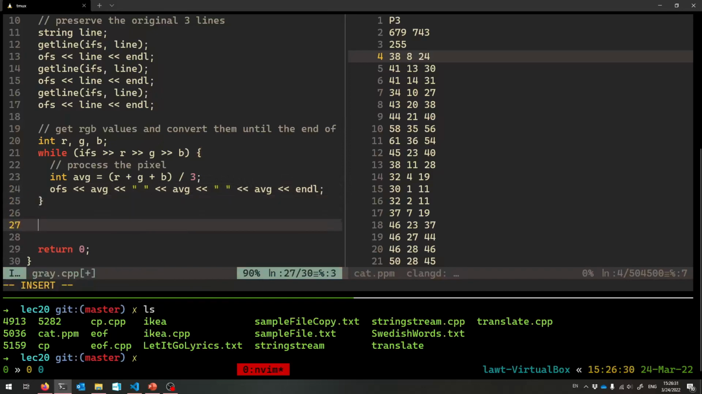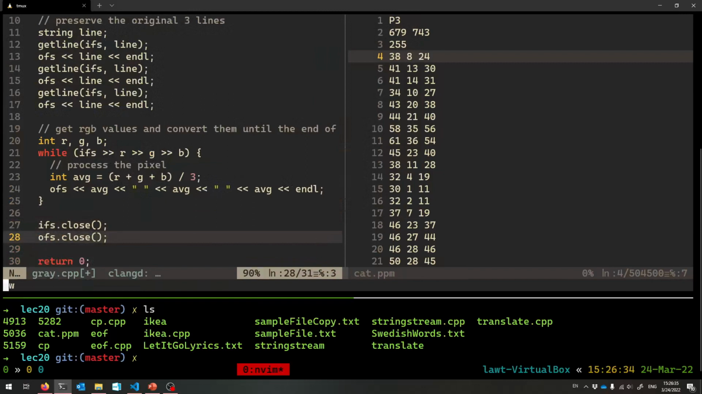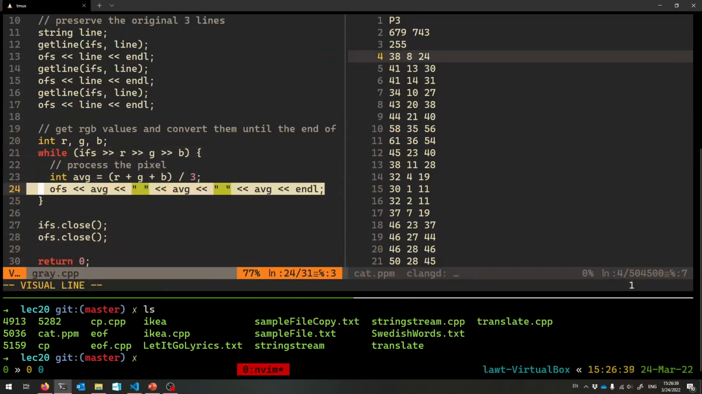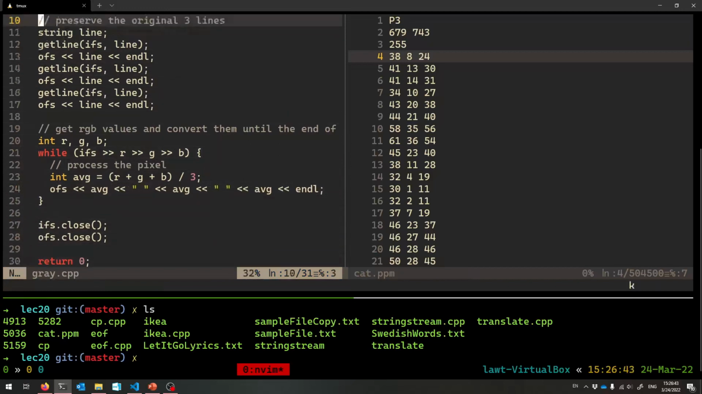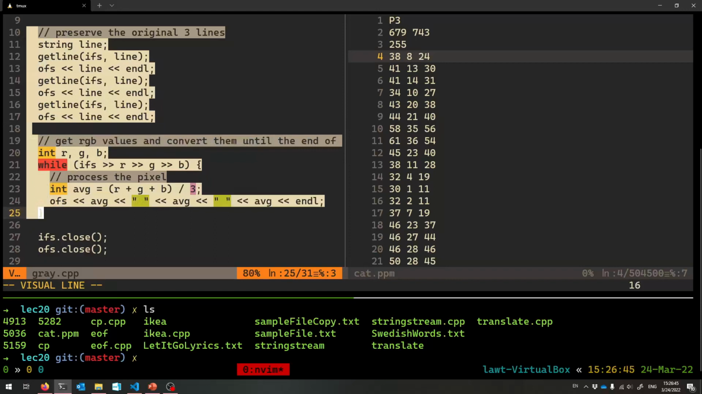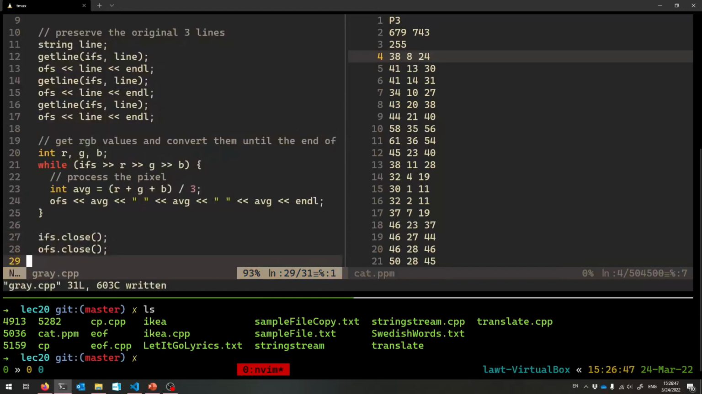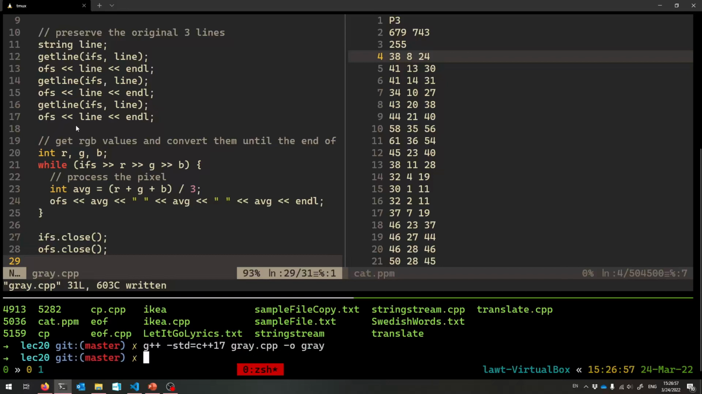Then I'm done with ifs and ofs. I've read everything I needed to read, and I've written everything I needed to write. So that should do it. So preserve the first 3 lines, and then translate the rest to grayscale, and it should write that file. Gray.cpp. Are you ready? So if I run this,